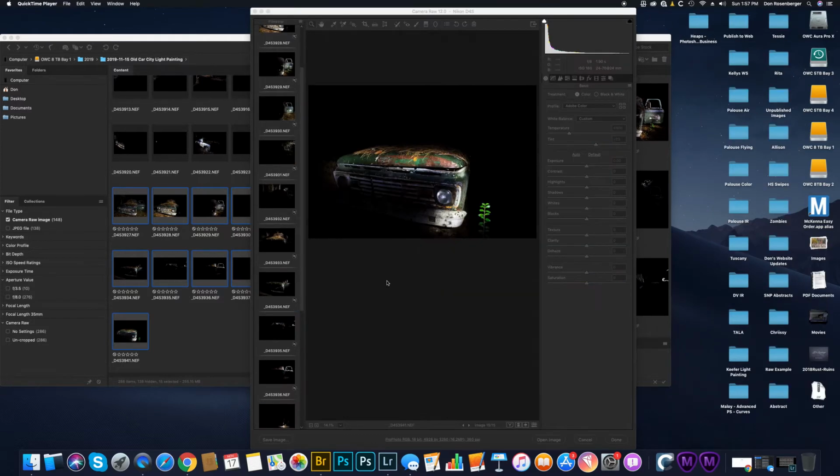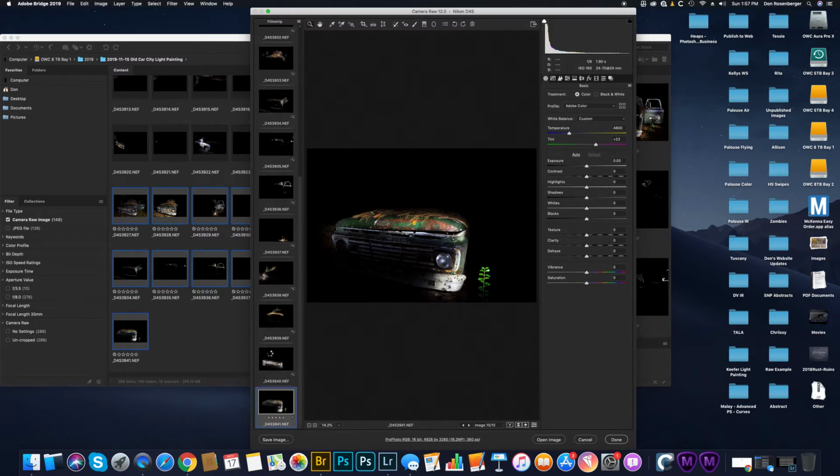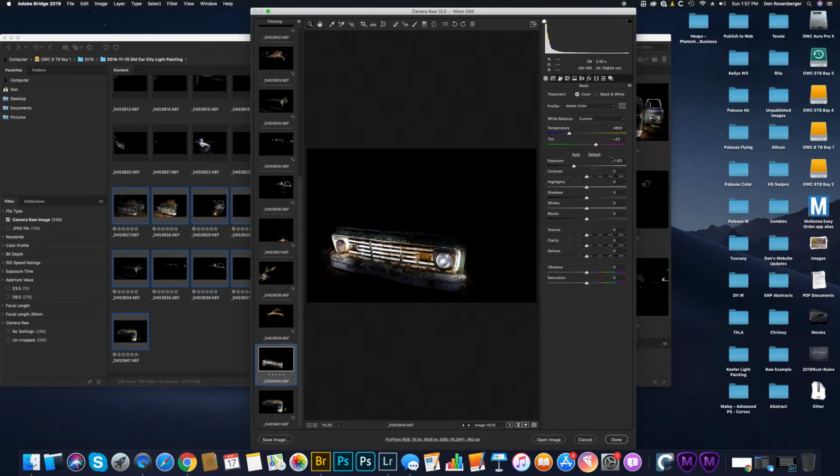So, okay everybody, I'm back. I've made all the adjustments. There was even one file in here that I had to, instead of increase the exposure, pull the exposure back. It was the second to the last one. It was this grill. You can see it's minus 1.63 in its original configuration. You see the top right little triangle here, the highlight clipping warning, that was on. So it's just a little too bright, so I brought it down 1.6 stops or thereabout,